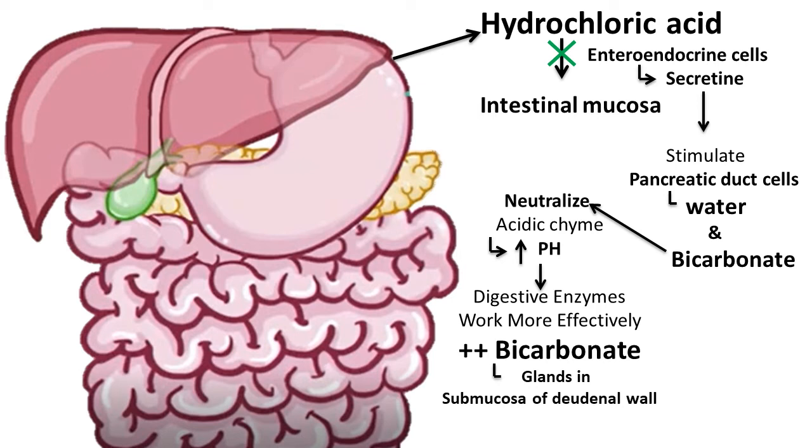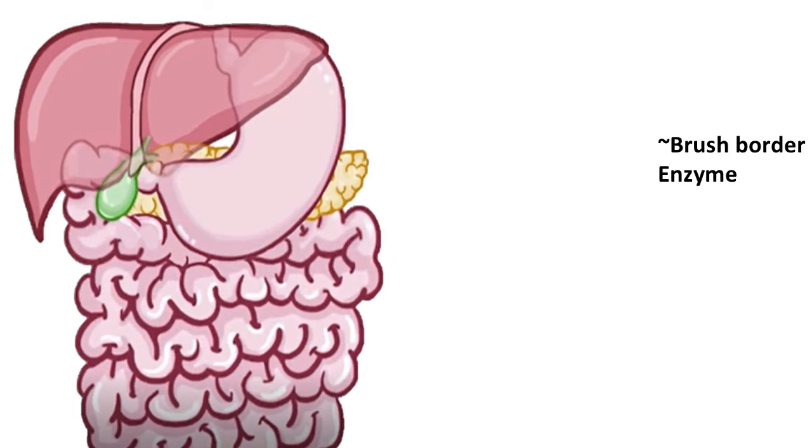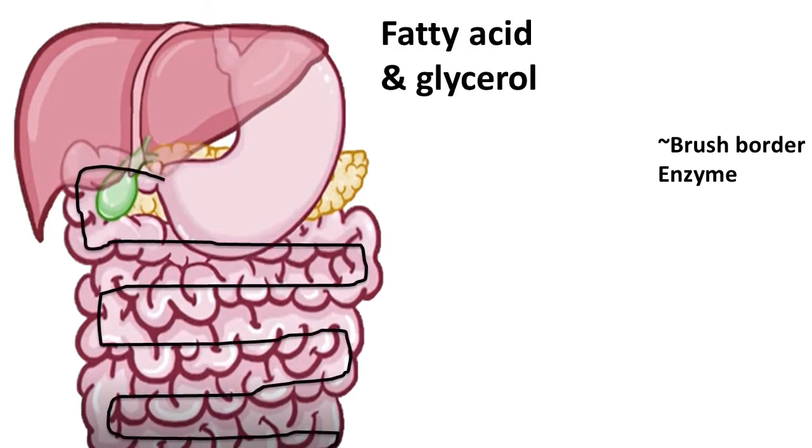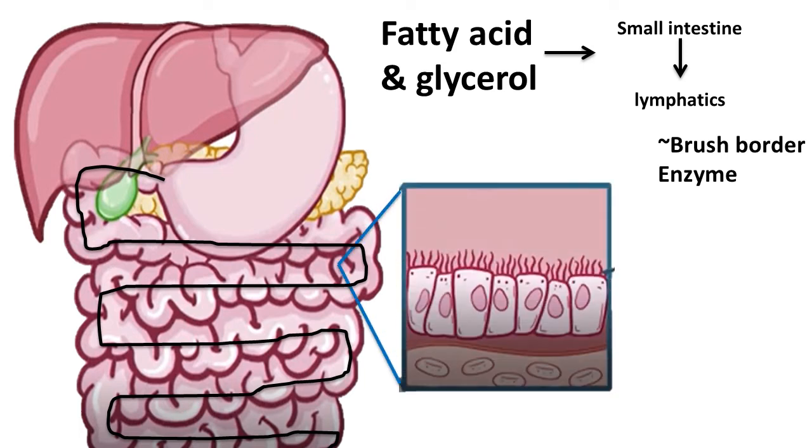The glands in the submucosa of the duodenal wall also add a generous amount of bicarbonate. So at this point, the food is almost ready for absorption throughout the small intestine. The fatty acids and glycerol inside the small intestine are taken to the lymphatics easily, but to convert complex sugar molecules into simple sugar molecules,